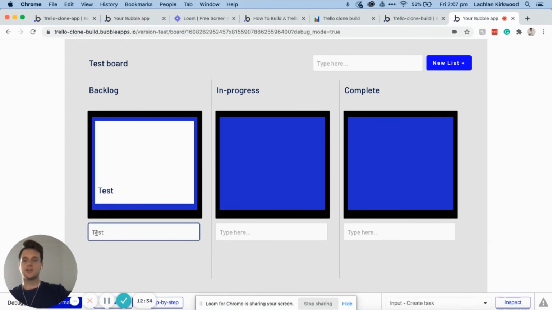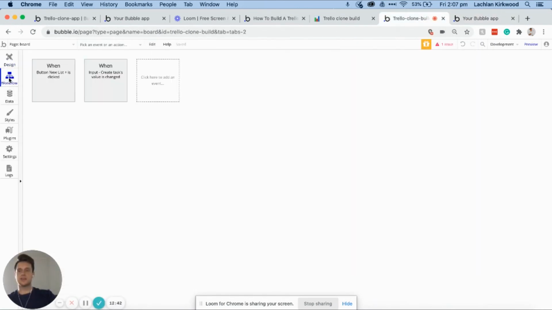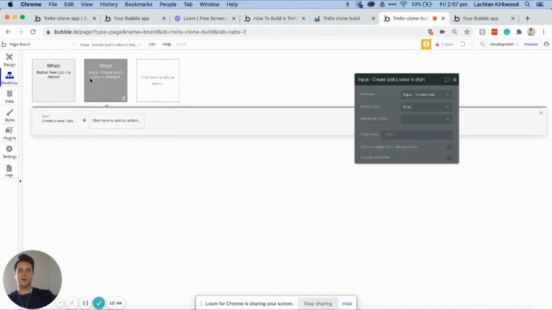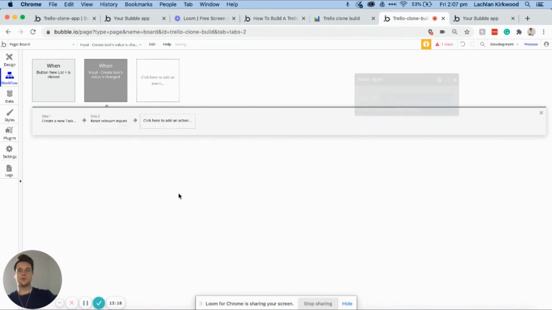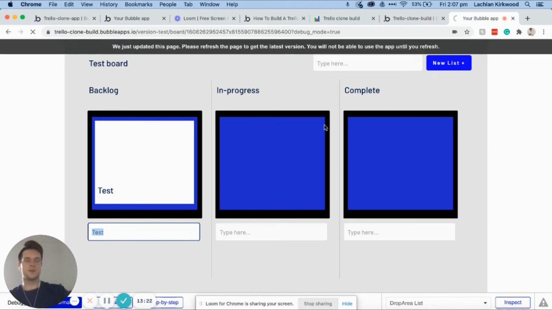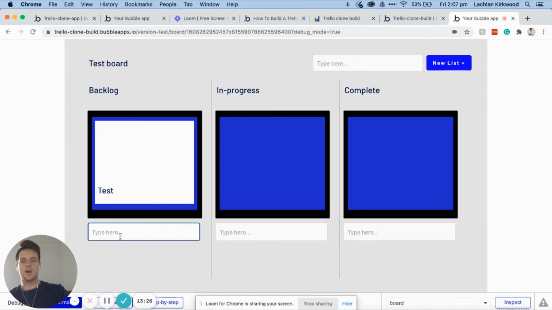Another quick feature that you could add here is to reset this input value so that the word test just doesn't sit around there. And the easy way to do that is just head back over to our workflow where we're creating a new task, and we'll add another step under element actions to reset inputs. And that will reset the input that we've just used. So if I now refresh the development page that we're working on,